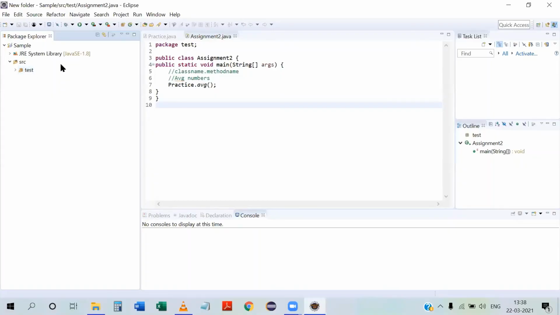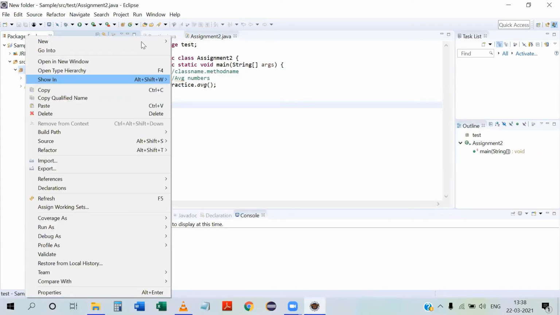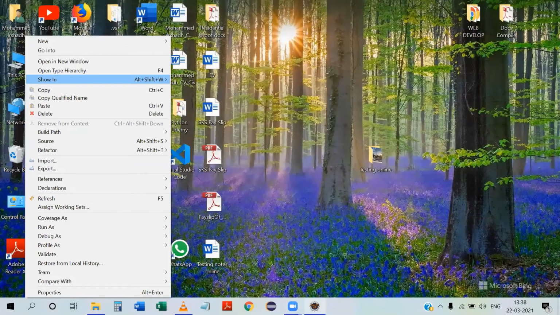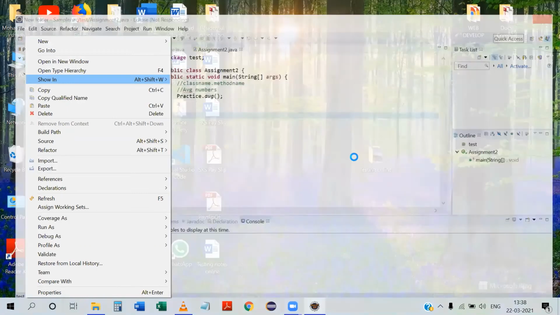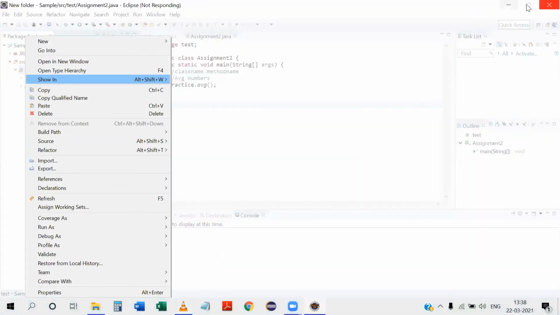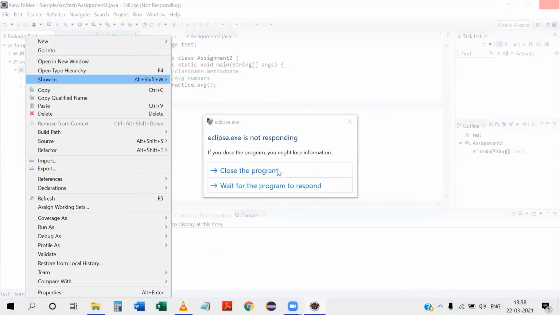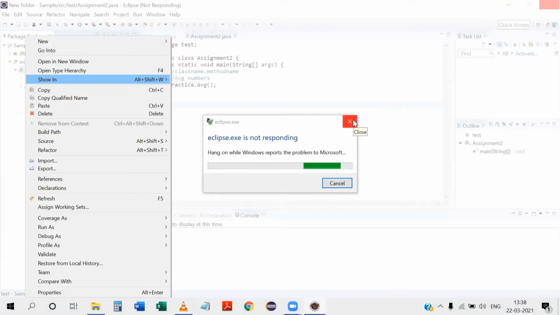Create a new one. One second, it's hanging. Yeah, no problem.